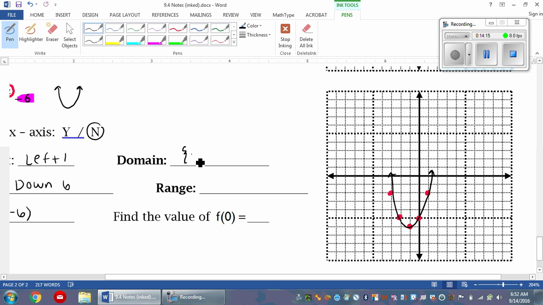Domain, like all quadratics, going to be all the numbers because I got arrows on both sides. My range, now remember my vertex is negative 1, negative 6. So since negative 6 is the y-coordinate, I'll be using that number. And since it opens up, it's going to be greater than or equal to that negative 6. All right, we're going to find f of 0. So 0 is the x-coordinate, so it's right here. And go ahead and go down to negative 5. All right, please go ahead and stop the video to complete tonight's